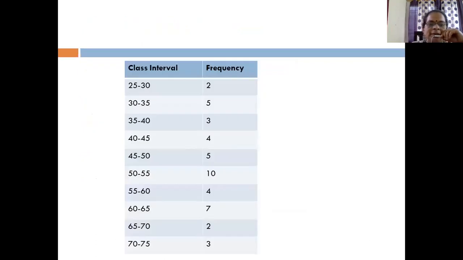Here I have taken one example. Suppose these are the marks obtained for a subject. Within the limit 25 to 75, the maximum mark I have taken is 75 and the minimum is 25, assuming that nobody got less than that, meaning less than 33%. And on the right side, it is written the number of students who got those marks.